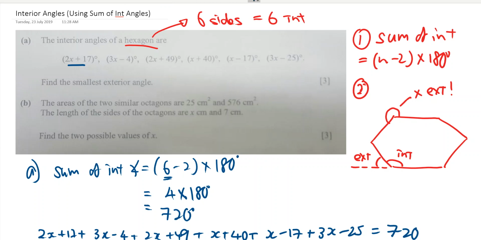We have 2x plus 17, that is definitely in contention. We also have 3x minus 4, which is in contention, even though it's a minus. So be careful about that. And we have 2x plus 49. Using your calculator, you already know that x is 55, so 2 times 55 plus 49 will give you 159. But 3 times 55 minus 4 would give you 161. So be very careful, even though it's 3x minus 4, it actually still gives you the largest